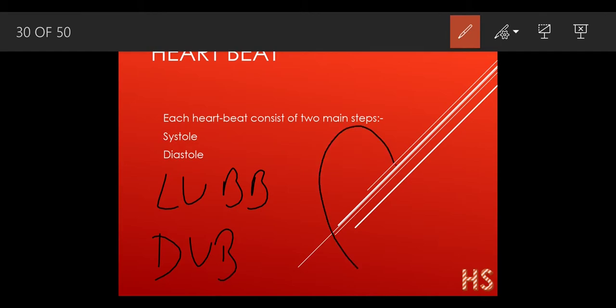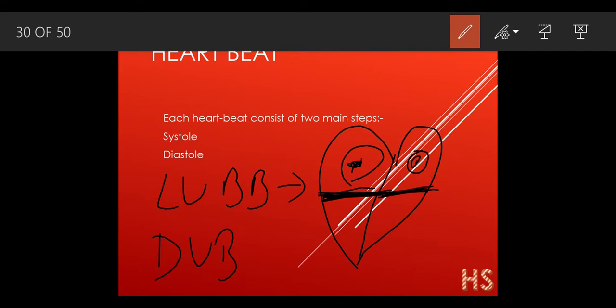So this is the heart. This is the septum. These are the valves, this part which I am making dark. The right side part is called the tricuspid valve and the left-hand side part is called the bicuspid valve. When the blood is in the atrium, near the right and left atrium, at that period of time these valves open. When the atrium gets full, the tricuspid and bicuspid open together, so it produces a sound called lub.